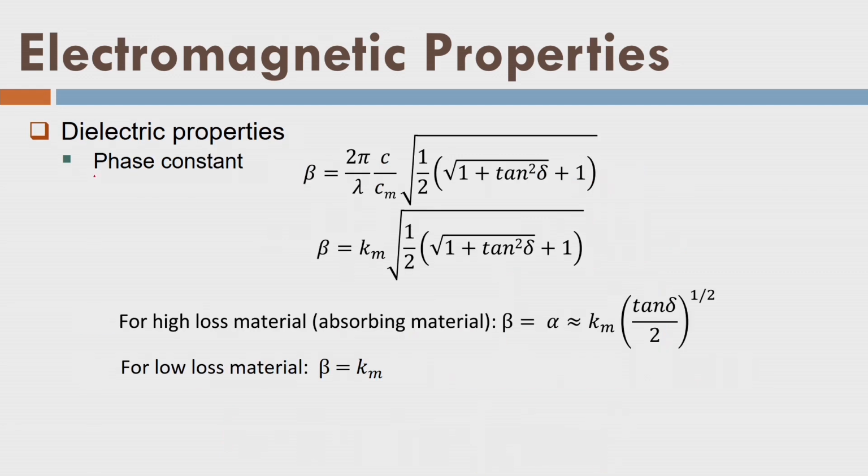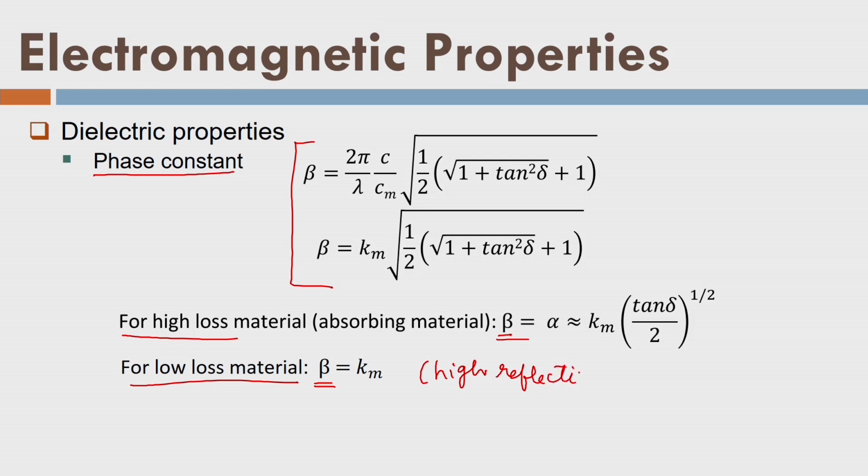One more thing, that phase constant, although we do not use it, but still for the sake of completeness we are telling that phase constant is given by this formula. So, for high loss material I have beta equal to this much, and for low loss material, that means high reflectivity material, beta is this much. And we have seen how the reflectivity of the material influences the brightness or the backscatter towards the radar receiver. Now, let us look into again the same aspect.